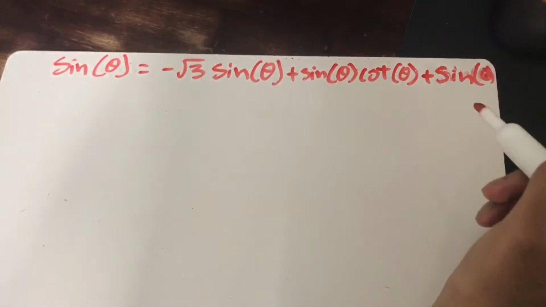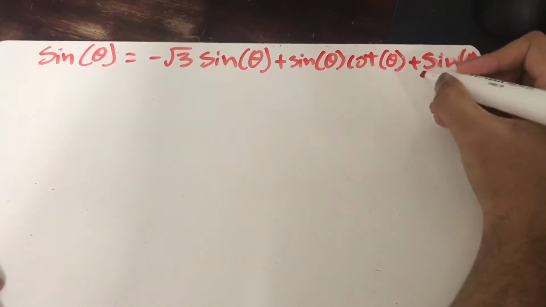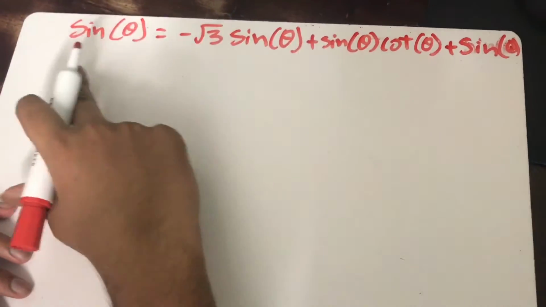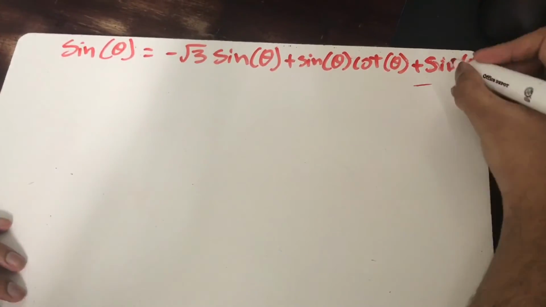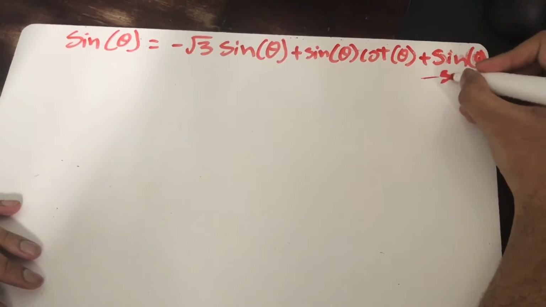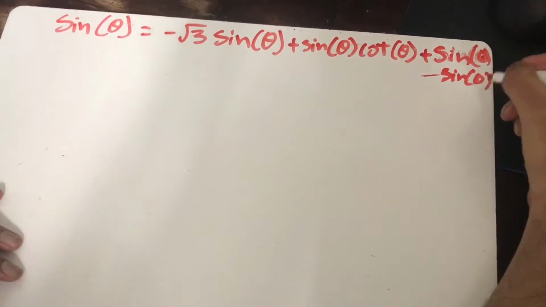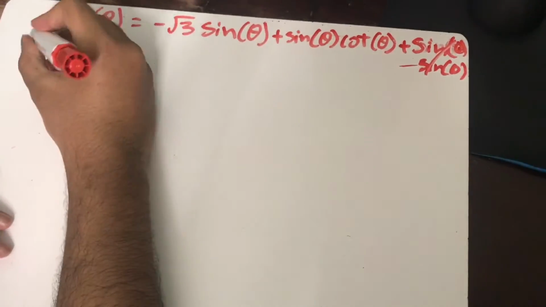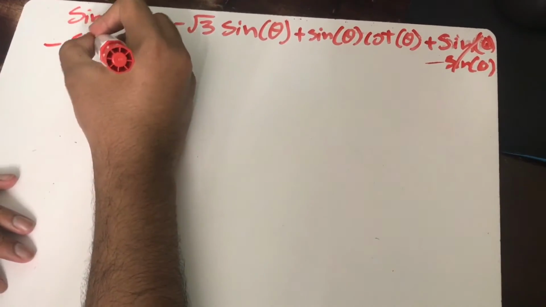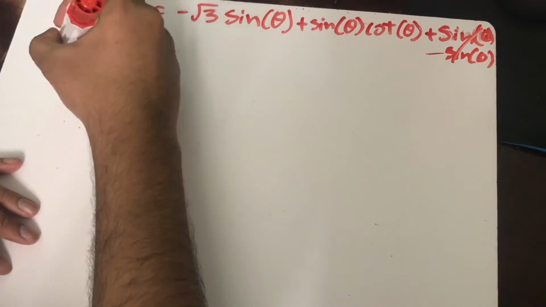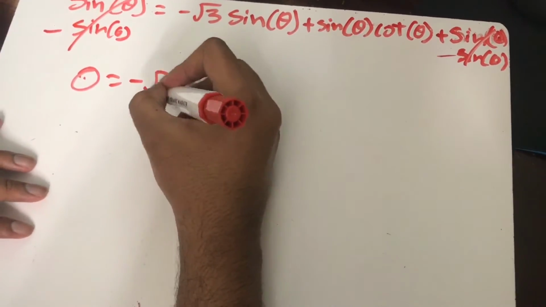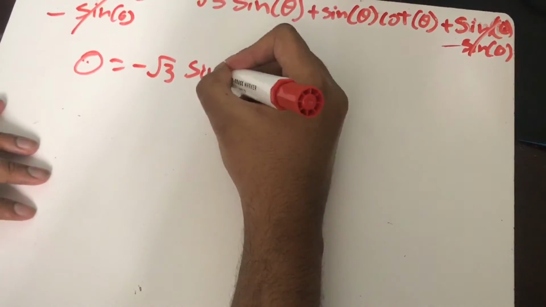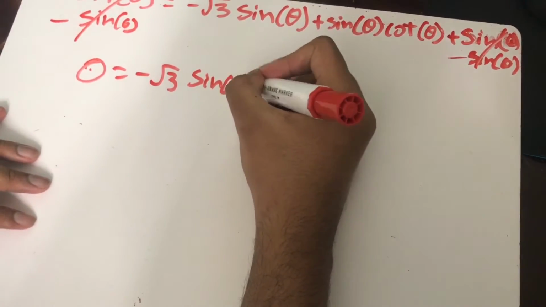So this is the fourth equation, and let's get started. First we see sine of theta over here, and there's sine of theta over here too. So let's just cancel them out by subtracting this thing. This thing cancels out, and over here it's going to turn into 0 equals negative this sine of theta